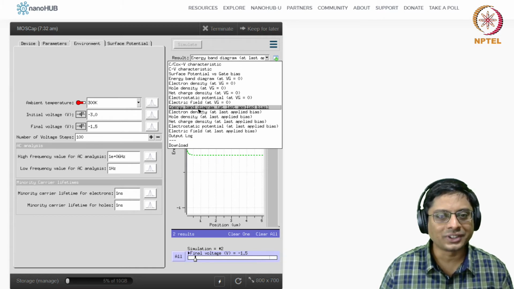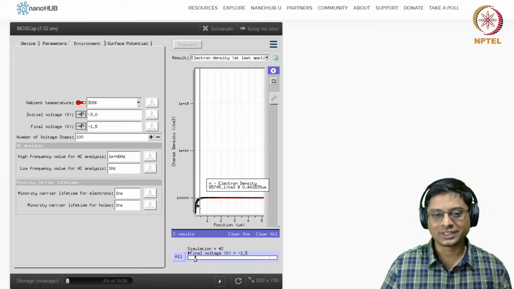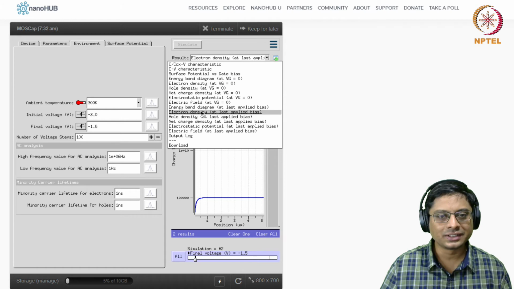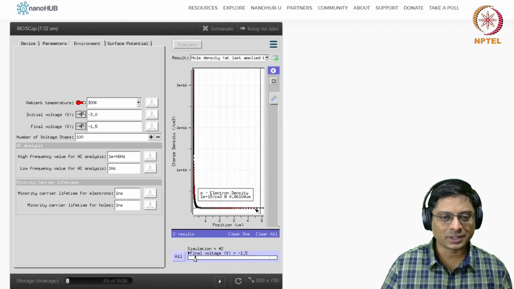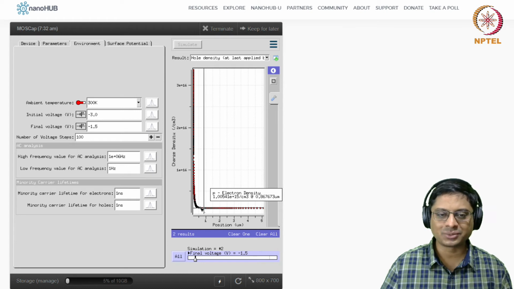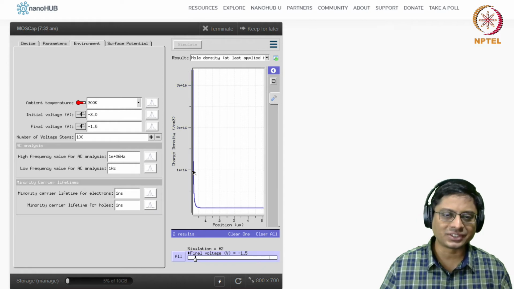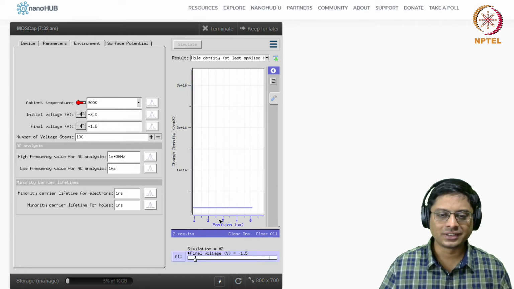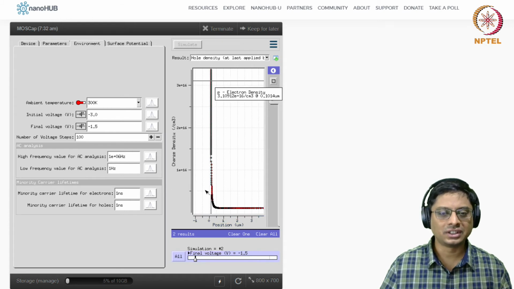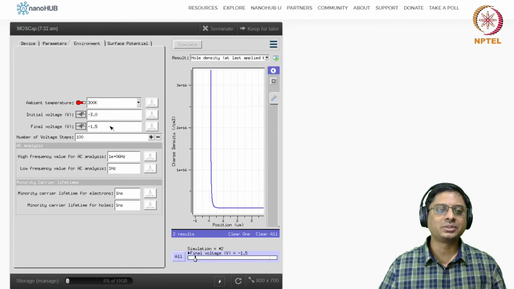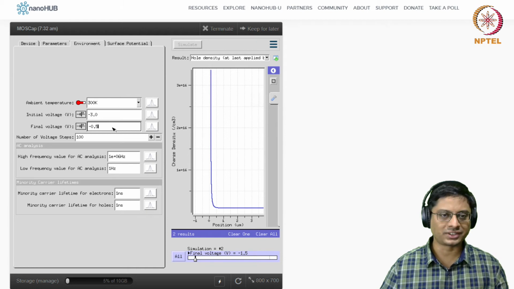So now let's look at the whole electron density. See, there is excess hole density, so automatically the electron density has fallen here. But if you look at the hole density, you see, this is 10 power 15, which is the background. But the moment you come to the surface, you see this sharp spike that I showed you in the exact solution. That was an analytical calculation, but numerically you can try to compute for different doping concentrations and check. This is background 10 power 15, so already hole density is about 4 into 10 power 16, 1 order of magnitude higher. If I want to see depletion, what should I do? I should choose a slightly smaller voltage. Maybe I'll say 0.5. I hope that it's still depleting there.